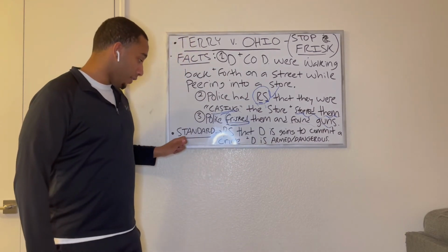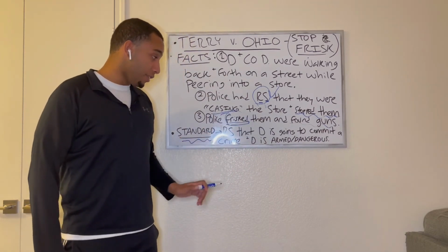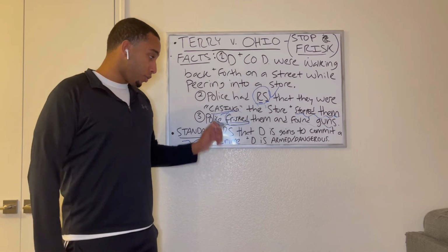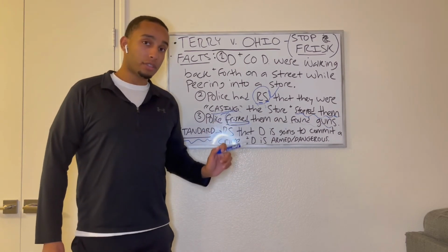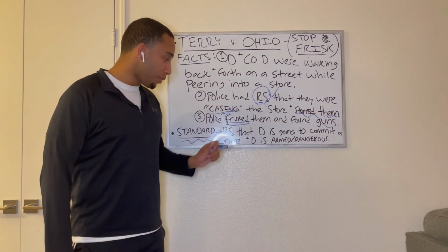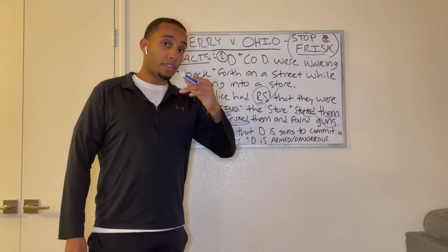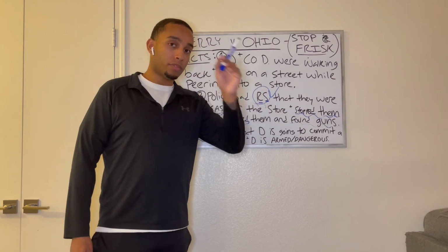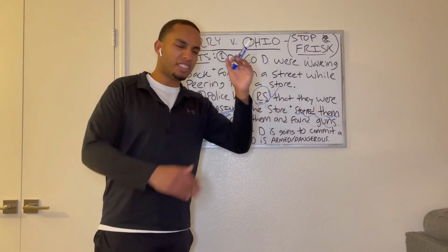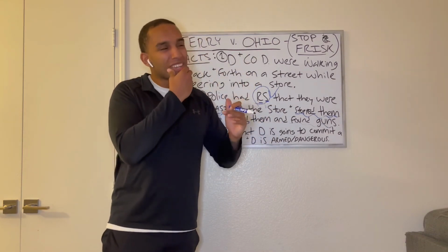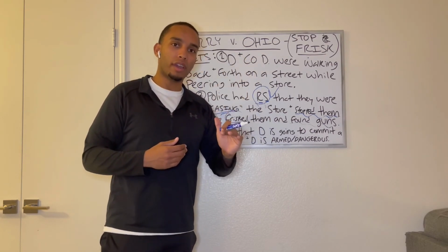And as I said down here, this is very critical. The standard is that there must be reasonable suspicion. RS, the police officer must have reasonable suspicion. Like I said, articulable facts that can give the officer reasonable inference that, hey, this person might be up to no good. It's a little less than probable cause. Okay, probable cause is a higher standard